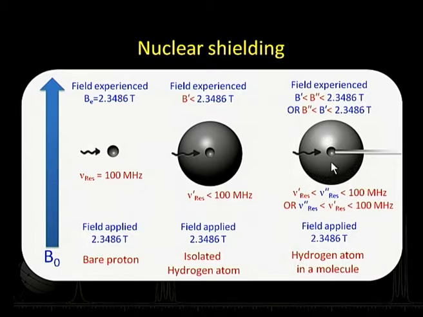That means, when I talk about a molecule, the different hydrogen atoms in the molecule, which we typically call protons, are in different environments. So, depending on what kind of atom is next to them, the neighboring atoms modify the electron behavior. As a consequence, the induced field is manipulated, and the frequency at which they come to resonance gets altered. Thereby, what we see is that in a given molecule different hydrogen atoms come to resonance at different frequencies, and that is what is called the nuclear shielding effect.